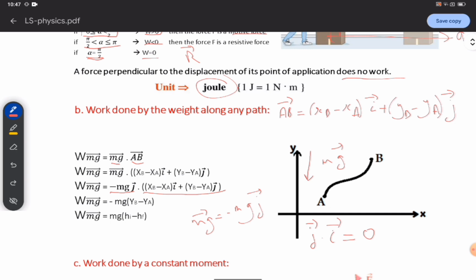And we have j scalar j equals 1, since they are collinear. So finally we obtain work of mg equals minus mg (yB minus yA),